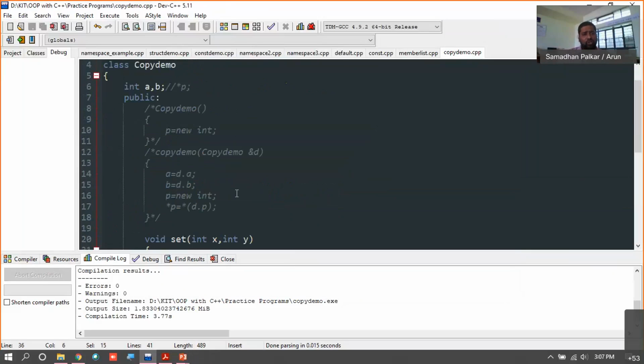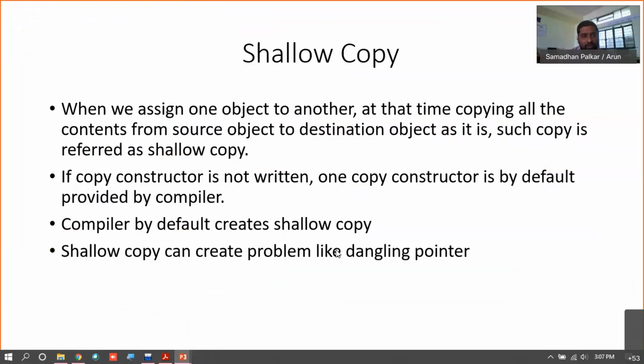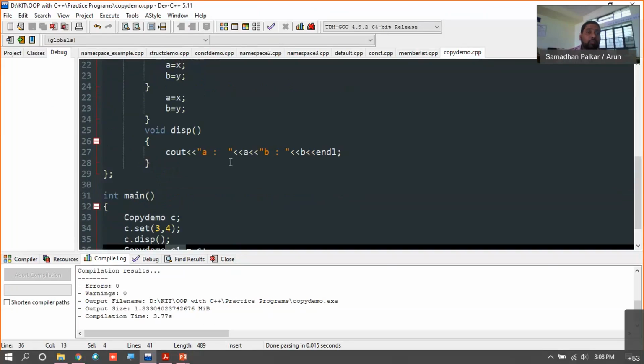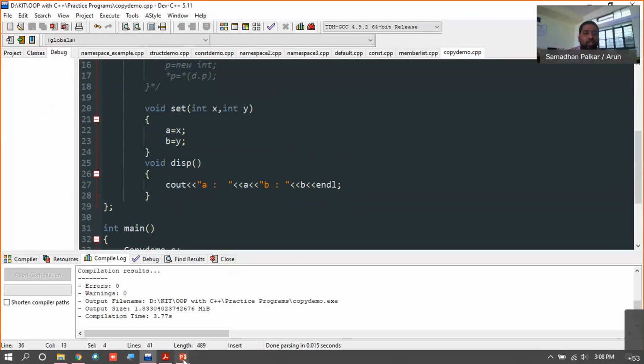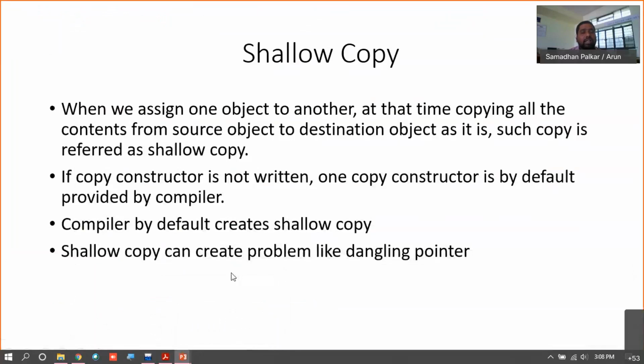So the copy constructor is called in this case, even though we are not providing a copy constructor here. The compiler will by default provide you a copy constructor, and this is the case where it is referred to as shallow copy. We don't provide a copy constructor, but just by assigning an already created object to a newly created object, the copy constructor gets an implicit call, and this is called a shallow copy, or you can say that exact data or reference it will create.